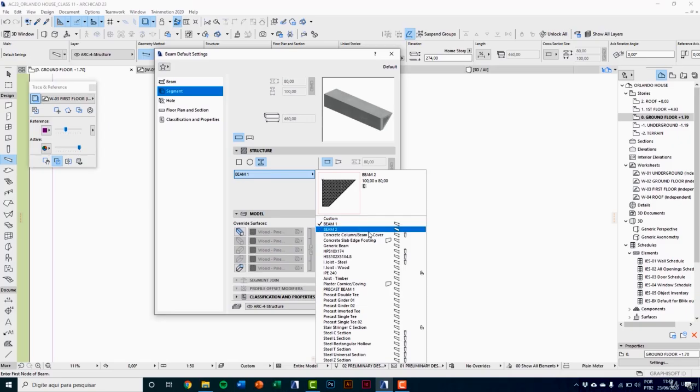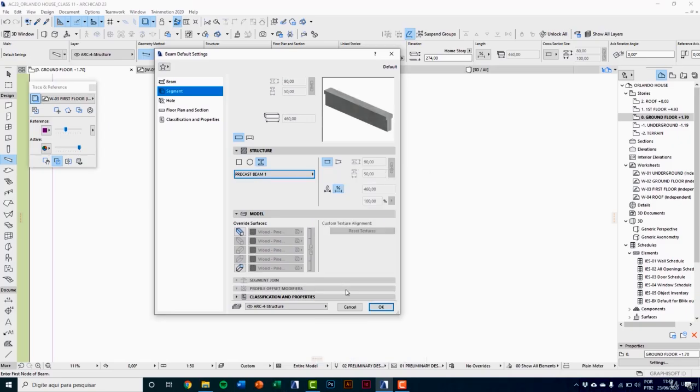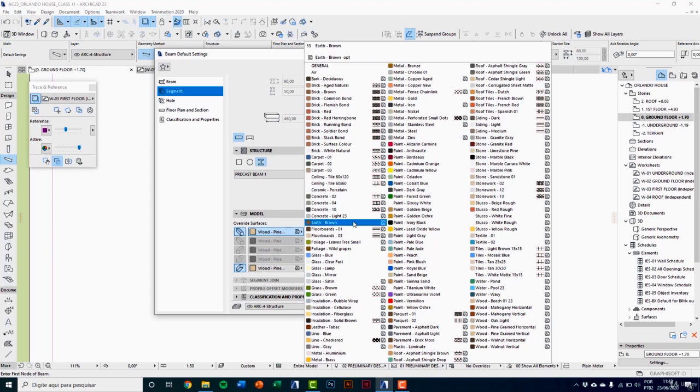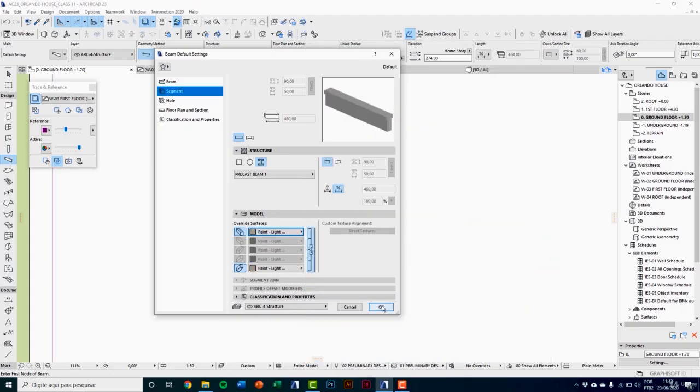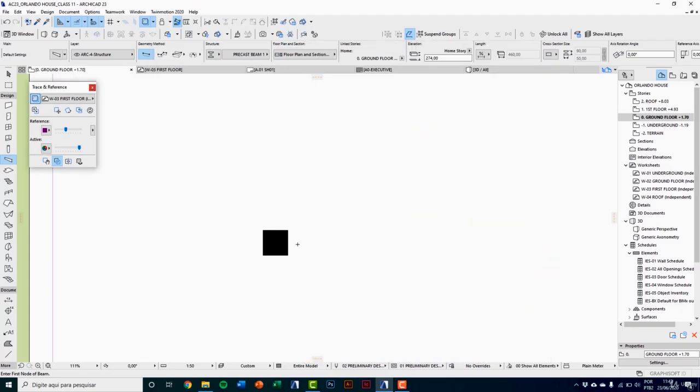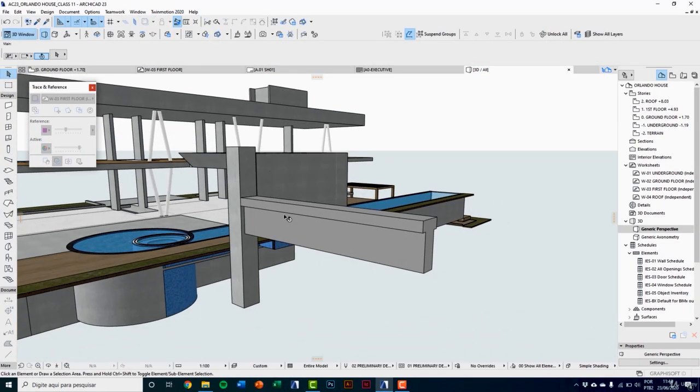I will select the precast bin 1, override surfaces. I'll put light gray, just to have a contrast between them. So here I have paint, light gray. Okay, I'll draw the bin,